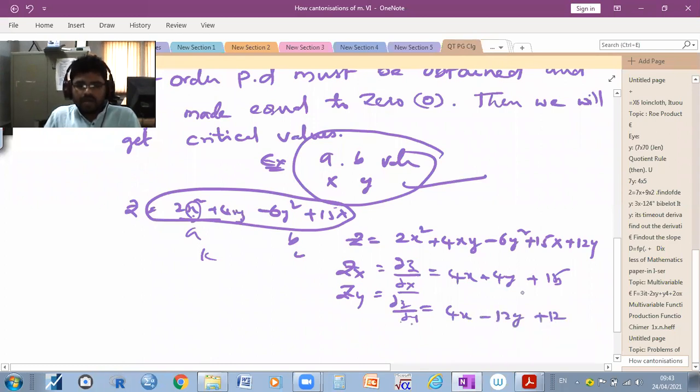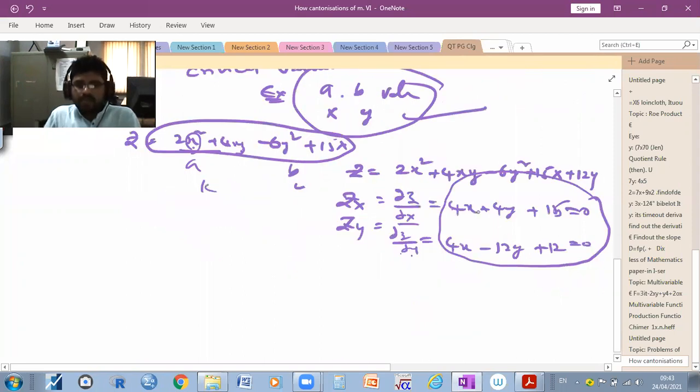After getting these results, we made them equal to 0. Next step, you can write like this, made equal to 0. Then we can take the first and second order and check whether x and y can be cancelled. So how can we cancel? Let me know, and after the conditions I will explain. First we need to know how we can get the first order.